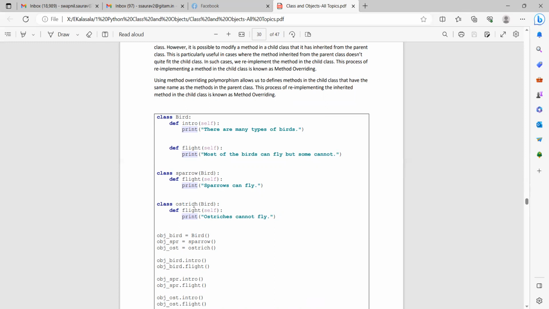If intro is the same, you don't have to implement it. But for the user, if you say ostrich dot intro, it feels like ostrich also has an intro method. So it's a similar concept to len, where you will have three different len implementations. If it is a string, do this. If it is a list, do this. Similarly here, your flight is an example of